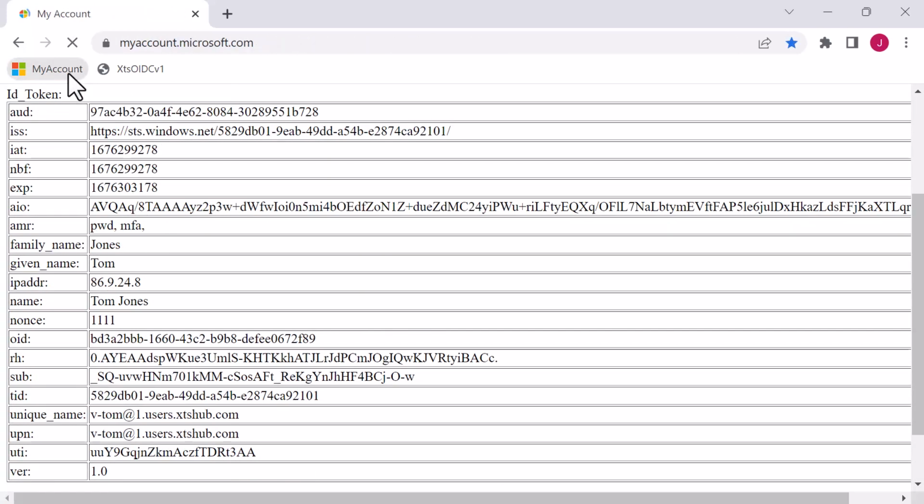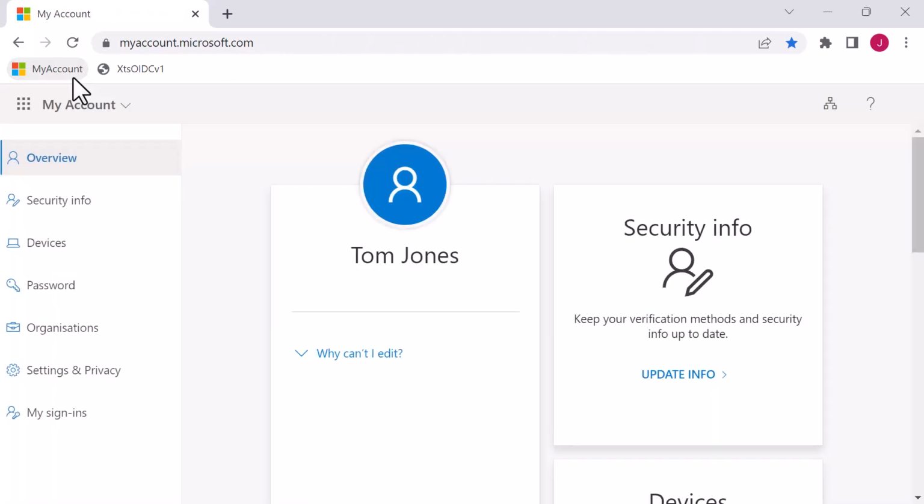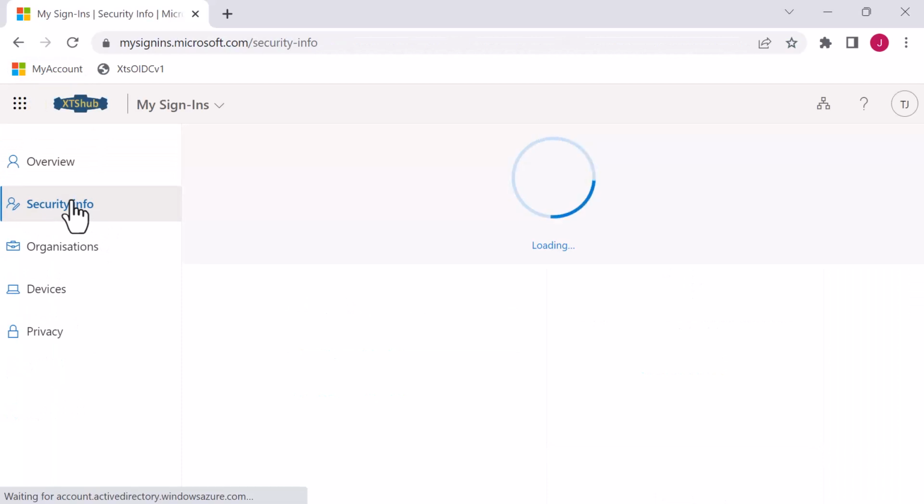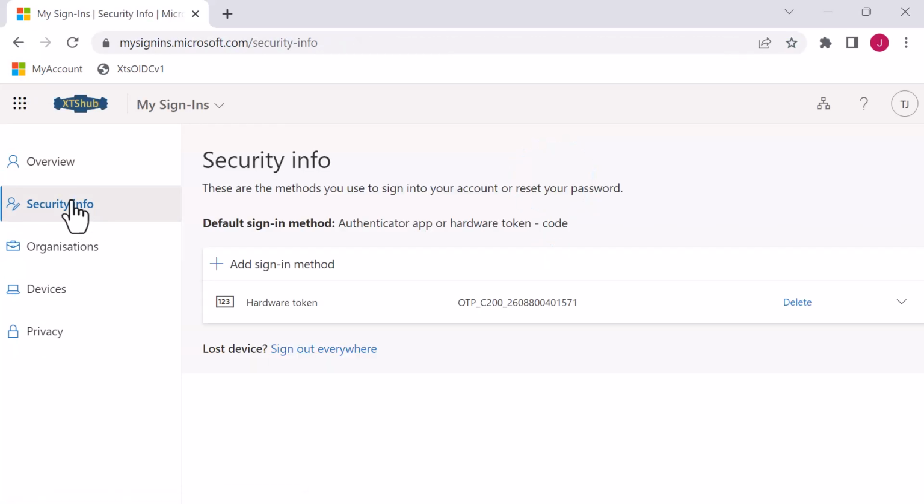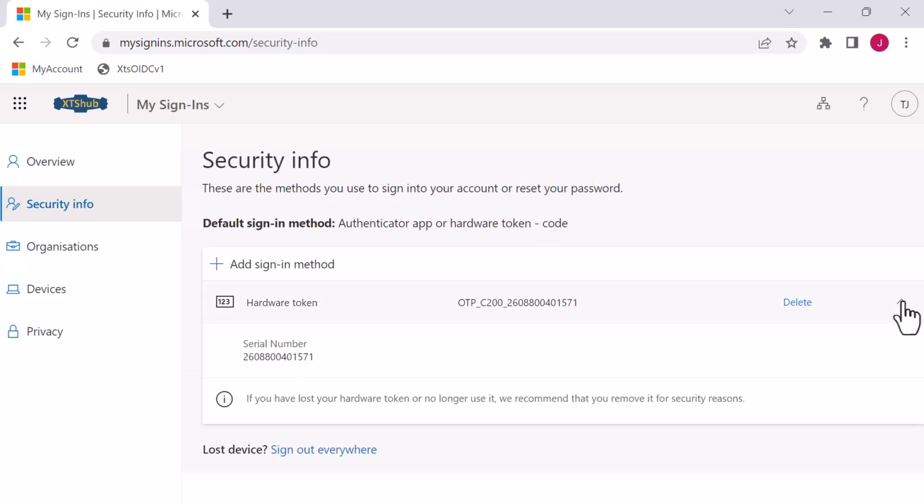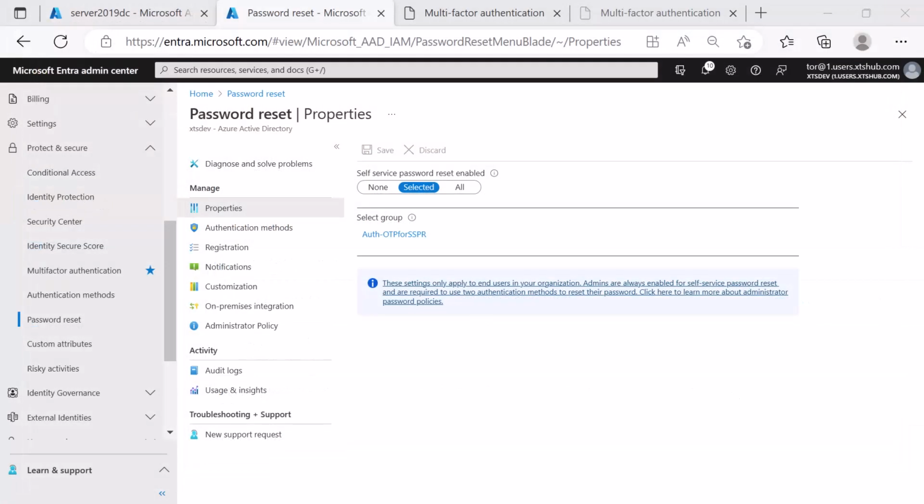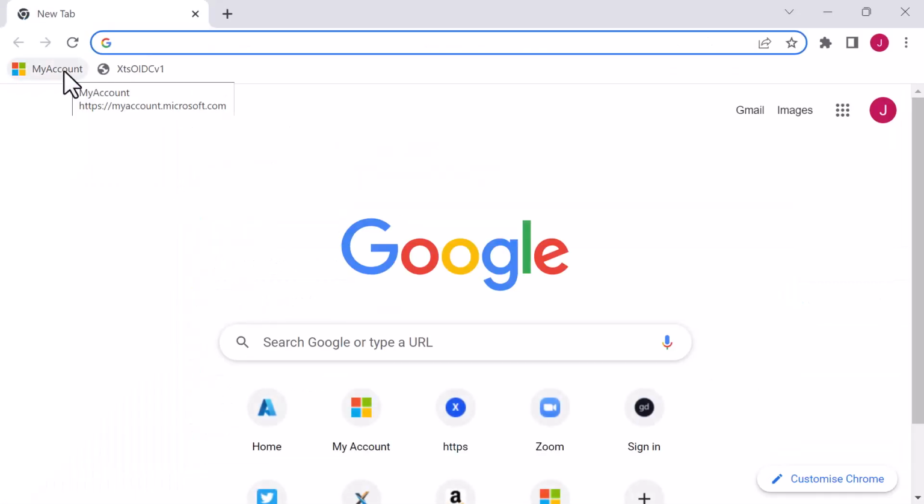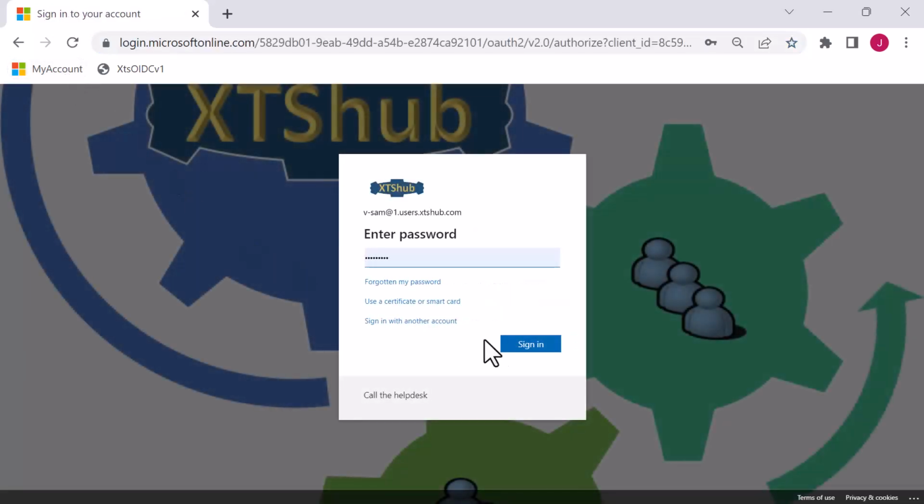And if we now look at my account for Tom, and we look at security information here, what we should find is he's got the hardware token which has been added for him, and he could delete it if he wanted to, and there's a little bit more information that's available to him. Okay, let's close that off and let's go in here, as this time we're going to go to my account and we're going to go as Sam, who is set up for